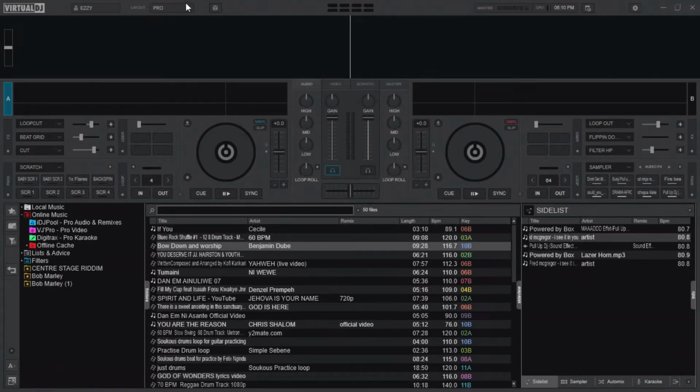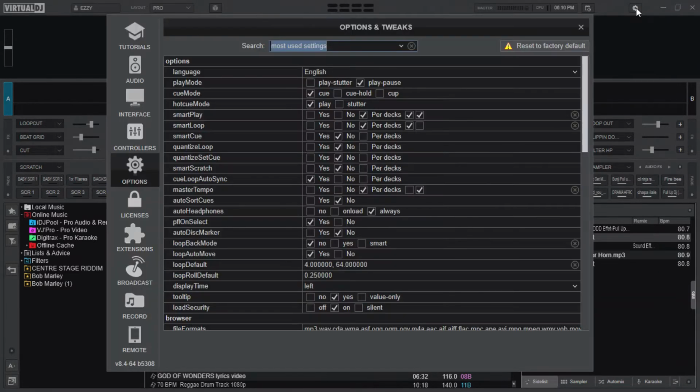We're going to start right away and look at the status bar. This shows you the user, the layout, the sandbox. This is the beat counter, the master and CPU monitors. There is the time and date and the events scheduler here, and the configuration or settings button.